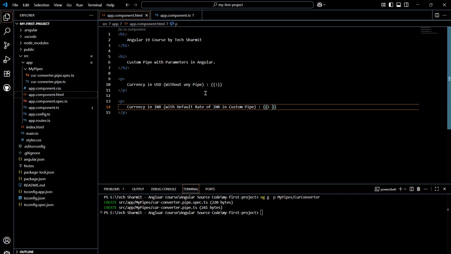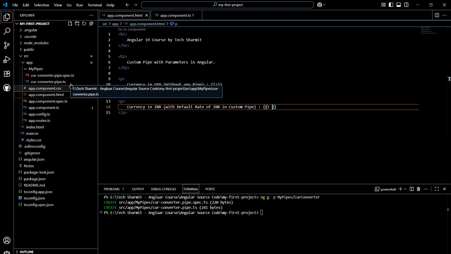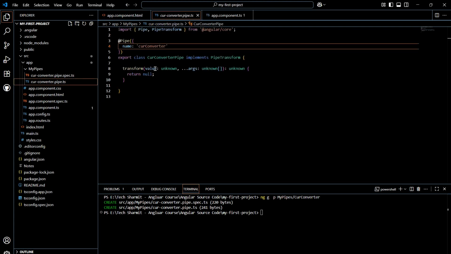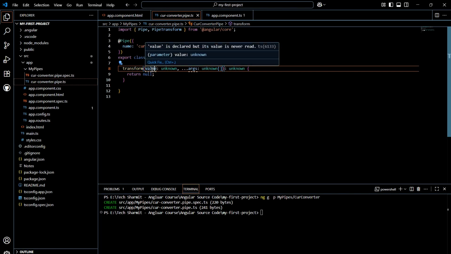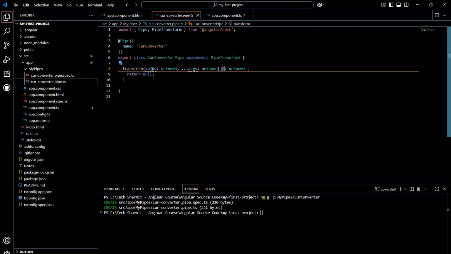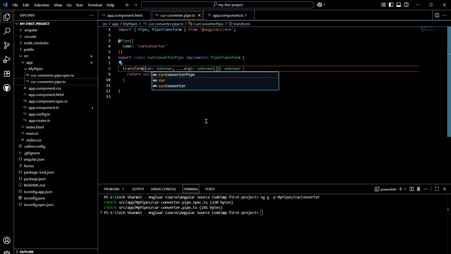Okay, so here, to convert that $1 into INR with a default value, we will go to curconverter.pipe.ts. Here you can see we have one variable. If you want to go with the default declaration, that is fine, but sometimes people go with a meaningful name. Let's say I want to put it in a different way. Let's say cur in